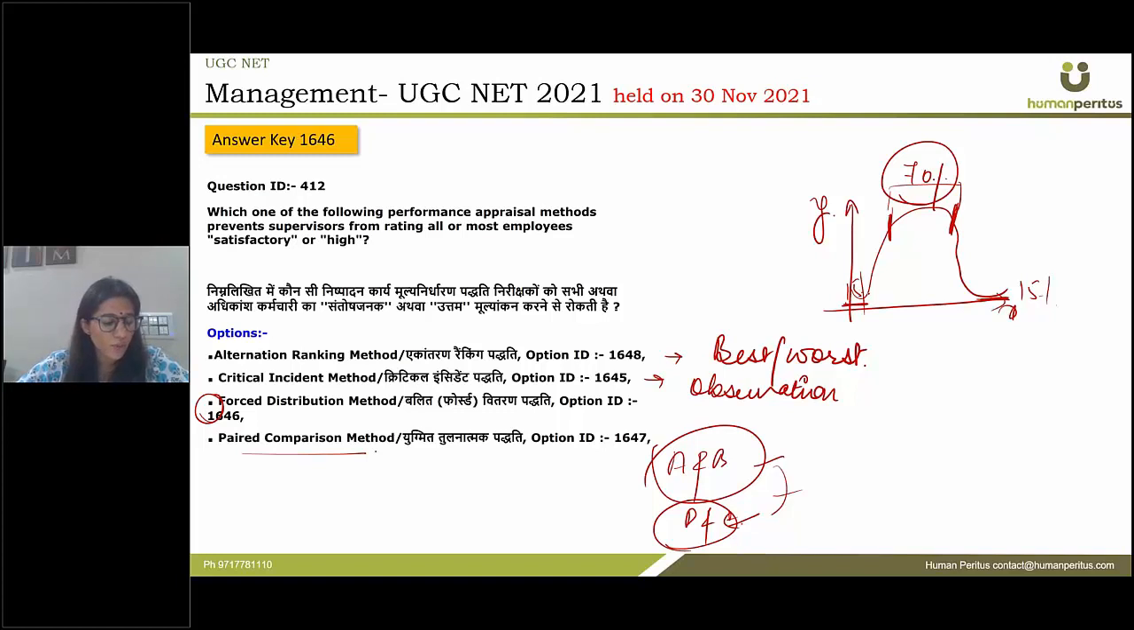So according to the question, it is asking which of the following methods basically prevents the supervisors from rating all or most of the employees. So in this method, all or most of the employees are put where? In the middle section of the curve, not high, not satisfactory. All right. So this is clear that the forced distribution method is the correct answer, which is